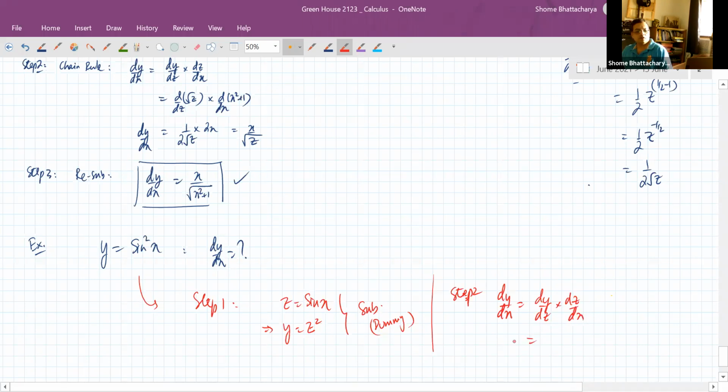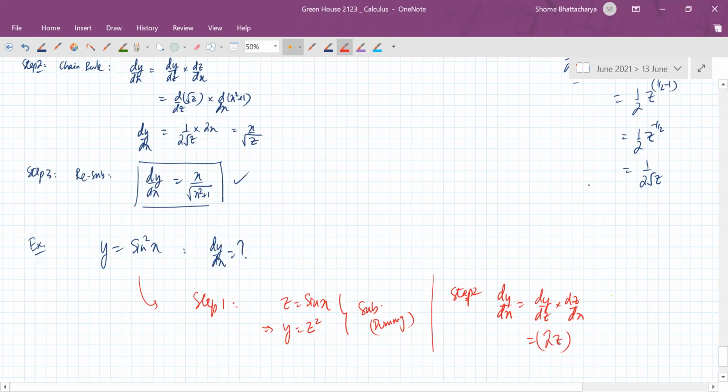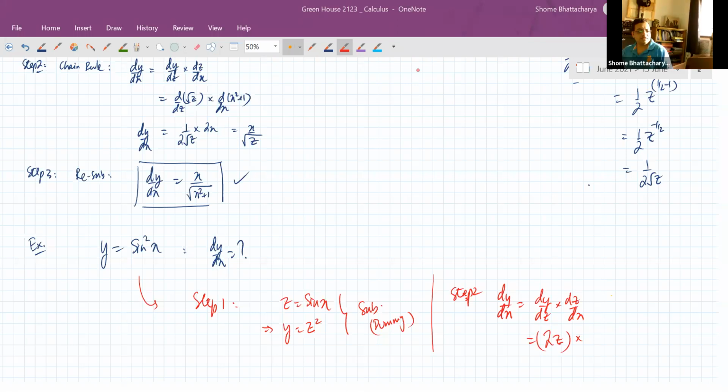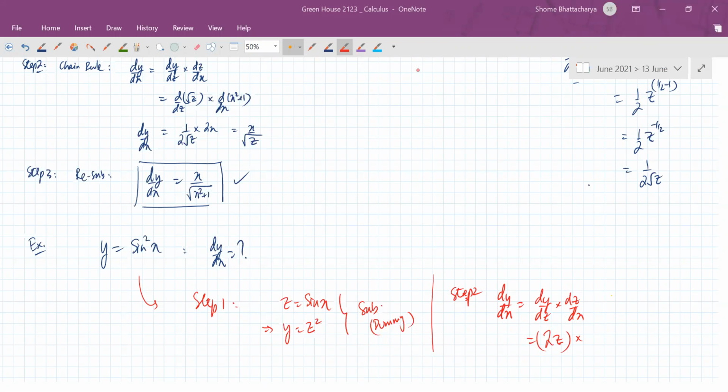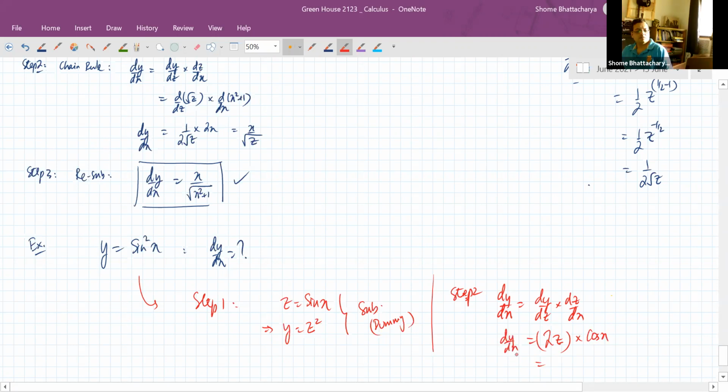Now I'm going to go a little faster so you can see directly dy by dz. Y is z square, so dy by dz will be 2z, correct? Yes, sir. And what about dz by dx? It is the differentiation of sin x. So that will be what? Cos x. Sir, it would be 2 sin x cos x, no? Yes. So finally, after re-substitution, my step will become